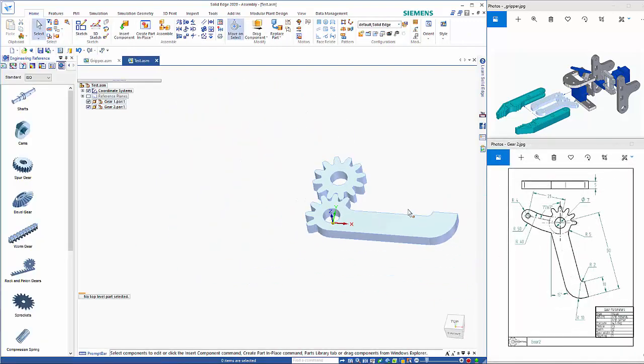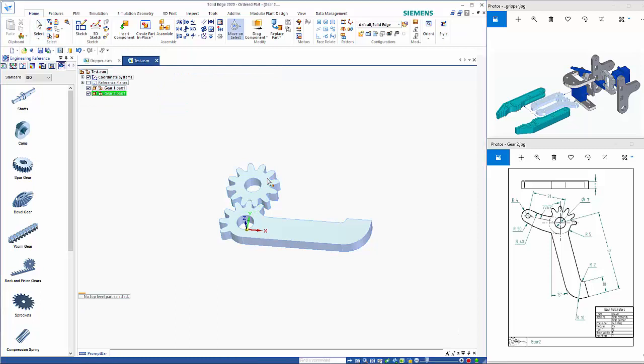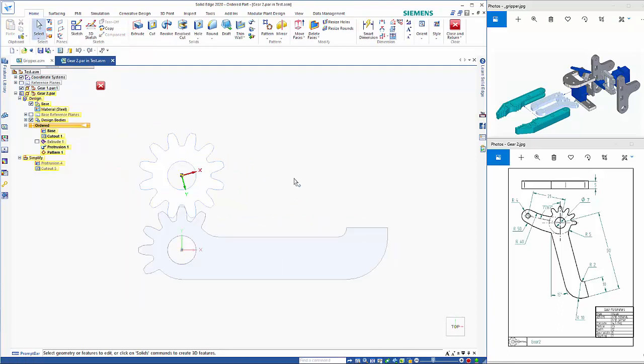So gear 2 is slightly different. It's sort of shown at an angle just because of the meshing on here, so we need to adjust for that. So if we double click on gear 2, as you can see, the coordinate system is still done the same, but because of the meshing on the gears, it's given us something slightly different. So if we go to our pattern and choose edit sketch,